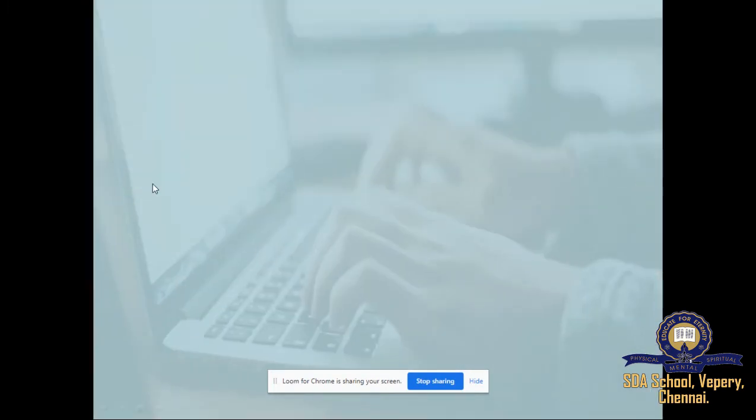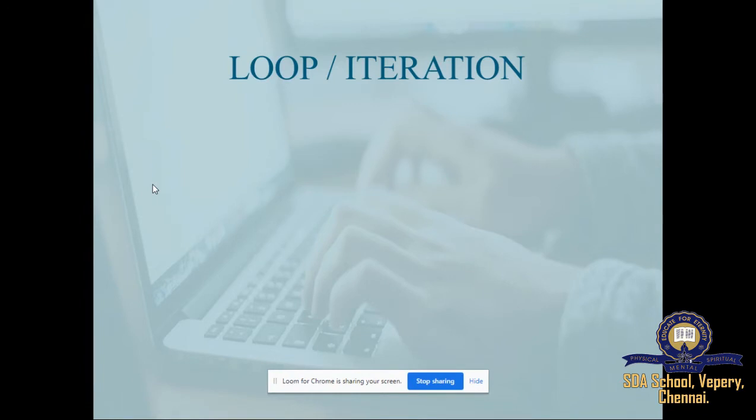Okay, so first, what is a loop or an iteration? What is meant by an iteration? In general, statements are executed sequentially, one after another. The first statement is executed, and after the completion of its execution, it moves on to the second one and then to the next statements. But instead of going in a sequential order, when you have a block of code that needs to be executed several number of times, then we use a loop.